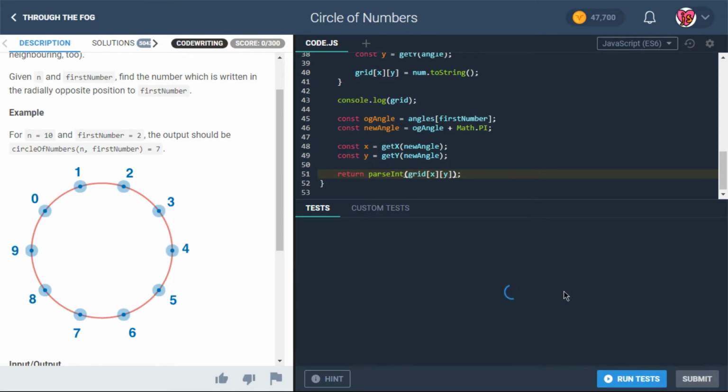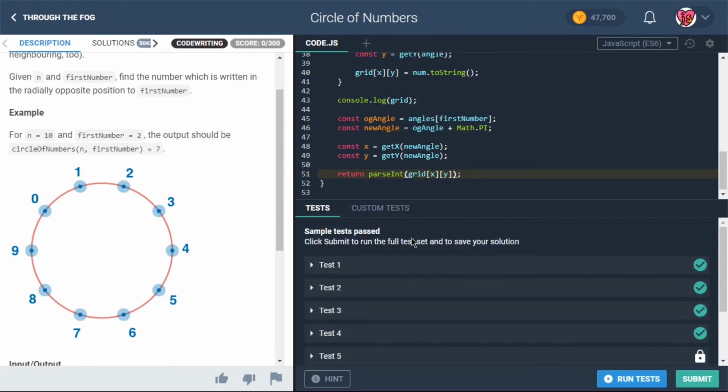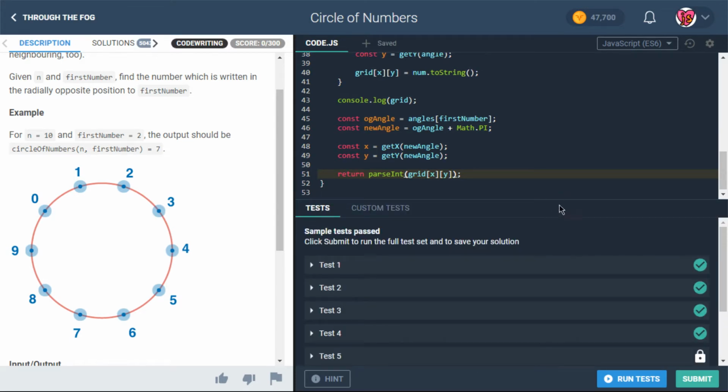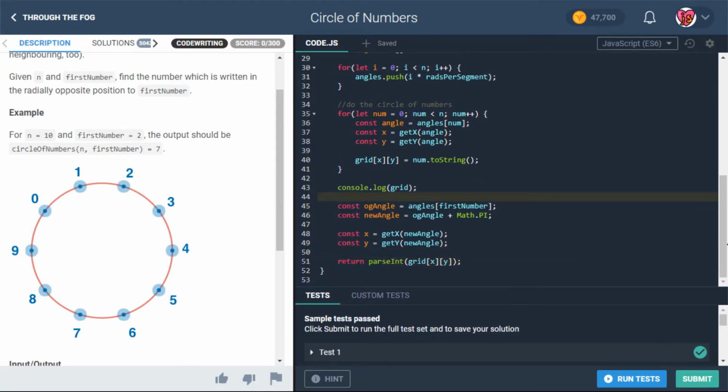You can see our nice circle of numbers in the console log down there. Ooh, very nice. So we get 7. Look at this. We're passing all the tests, even the custom test. This is great. Okay, so I'm going to make that quite a bit smaller, just because I